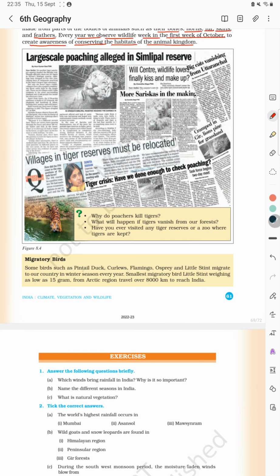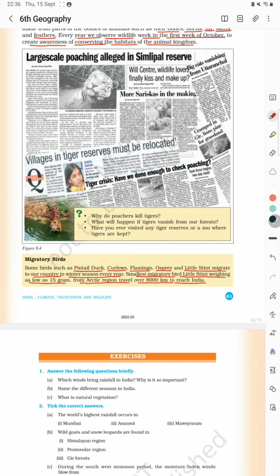Some birds such as pintail duck, curlews, flamingos, osprey and little stint migrate to our country in the winter season every year. The smallest migratory bird, the little stint, weighing as low as 15 grams, travels from the Arctic region over 8,000 kilometers